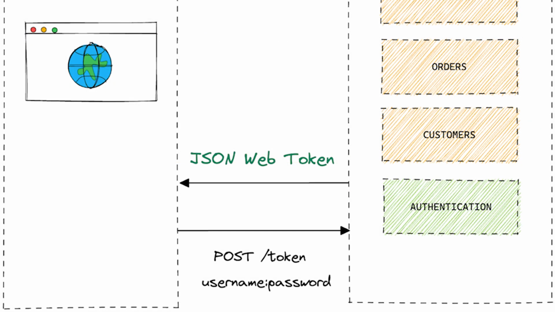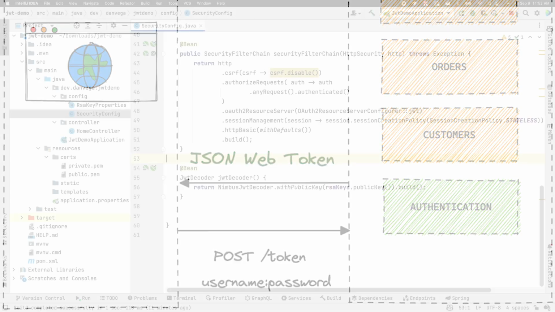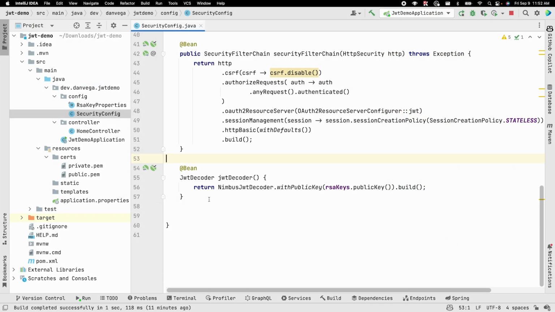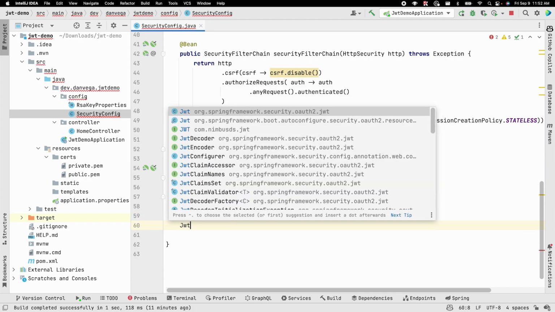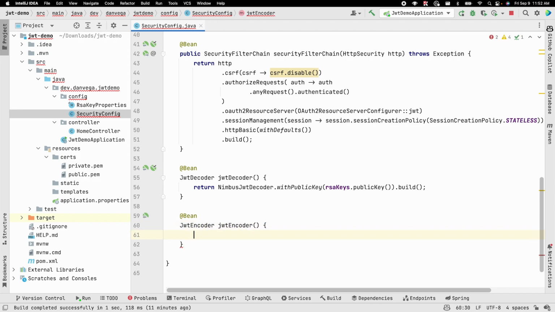If you remember back to our architecture diagrams earlier in the article, the user will need to log in with their username and password. So we're using basic authentication here. And if they pass authentication, we need to generate a new JSON Web Token and send it back in the response. So to make this happen, the first thing that we're going to do is back in our security config, we're going to create a bean of type JwtEncoder. So we have the decoder, we need an encoder. So let's go ahead and say @Bean JwtEncoder, and what this is going to return is a new